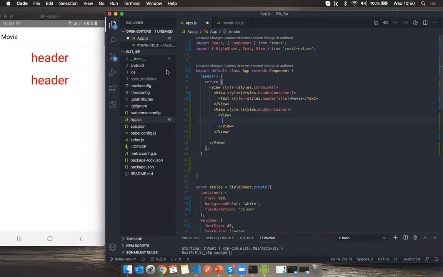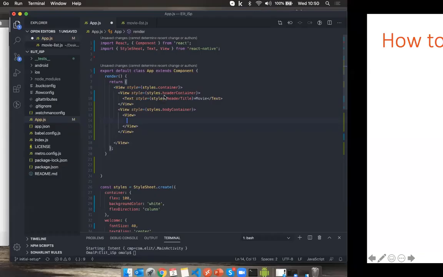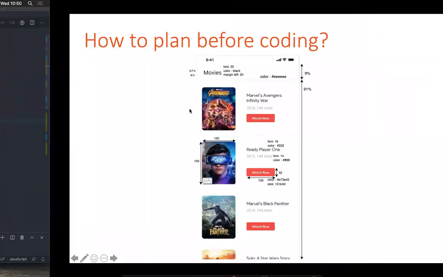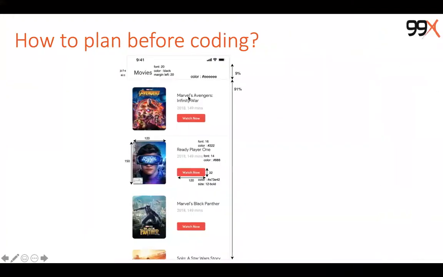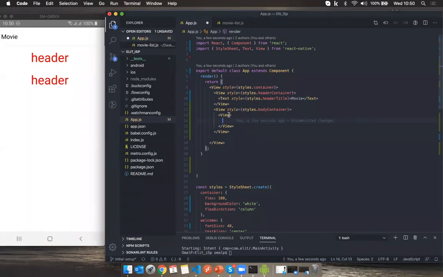and inside that view we should have an image and a few texts. So to make them in this order, we should first split the view horizontally, and then put one image in the first part, and then put the texts in the second part. So how are we going to split the view? First we should define a style.